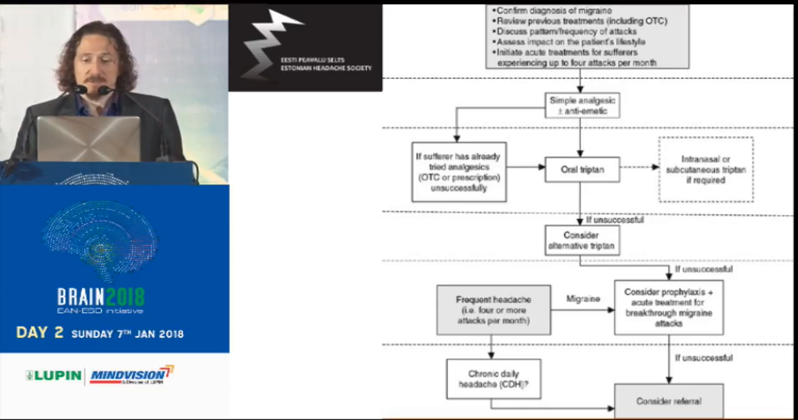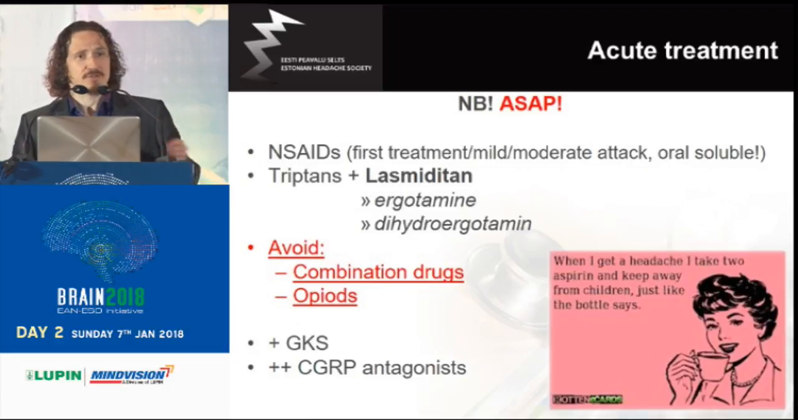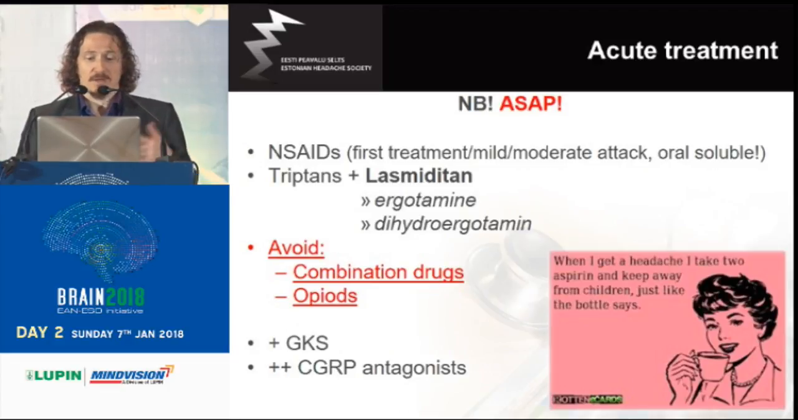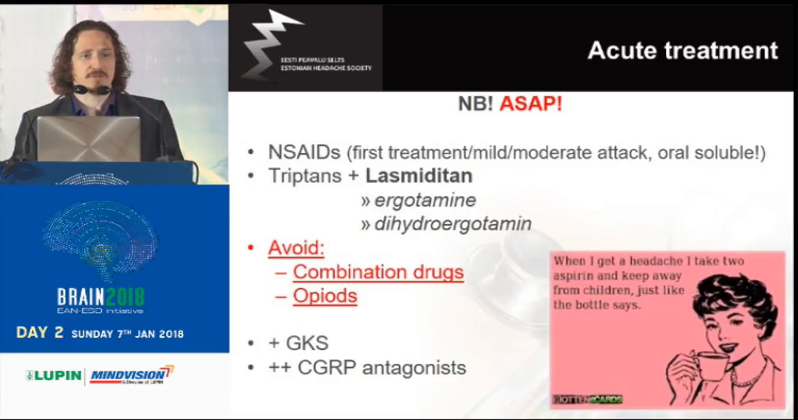So how do we treat acute migraine? The first rule is to start as soon as possible. First line recommendation is non-steroidals, but preferably using dissolvable ones in order to achieve as quick an effect as possible. But like I said, it works only in 20% of cases. All the rest nowadays need triptans, which are 1B, 1D receptor agonists,